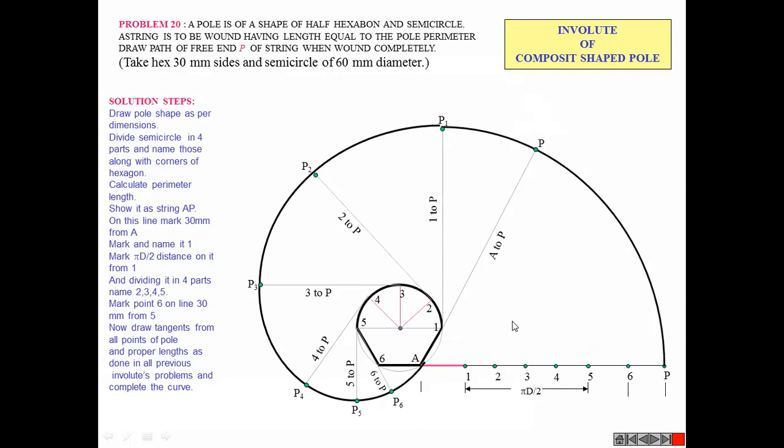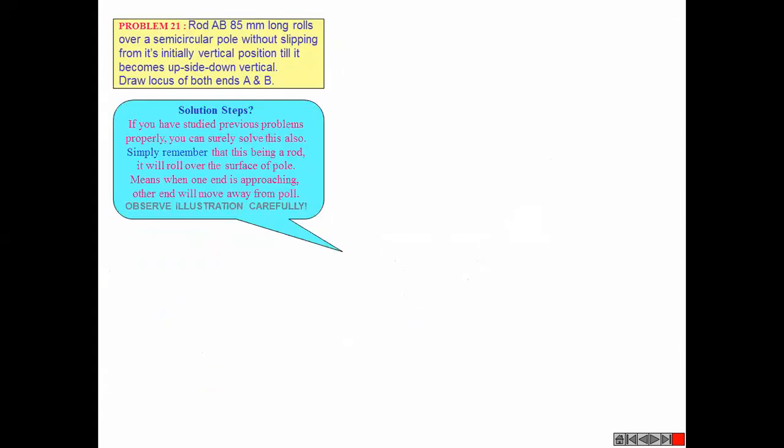So in these problems, or say in this case, involute of an involute in general, I won't say involute of a circle from now onwards, because we have discussed composite shapes also. The procedure remains the same, whether the string is longer, shorter, or the same as the perimeter, or the shape is something else, a non-circular shape. Still we can draw the same. Understood? Okay. Now we will take one special case of this.